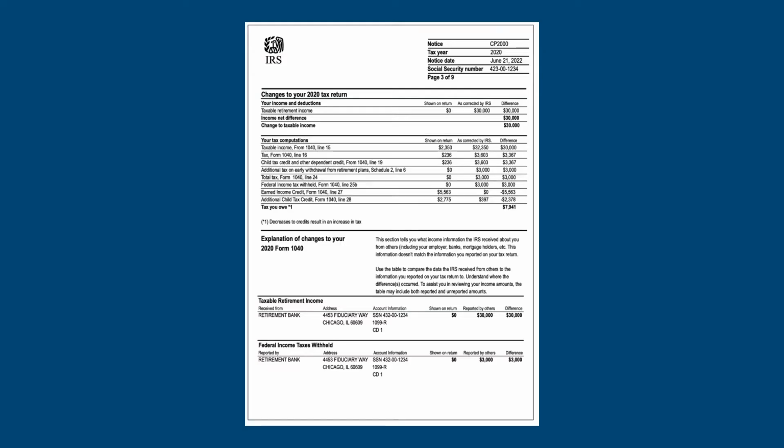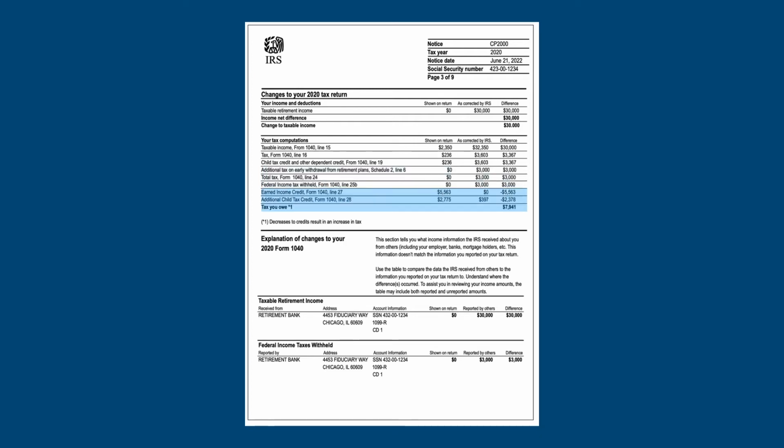The next part of the notice recalculates Monica's taxes, first showing the increase in taxable income caused by the income Monica omitted from her return. Oftentimes, a change in income not only results in additional taxes, but it can also affect many other items on the return. In Monica's case, it didn't really affect her income tax because her child tax credit offset the additional taxes. However, she is liable for a $3,000 penalty on the early 401k withdrawal, which is then offset by the $3,000 she had withheld from the distribution.